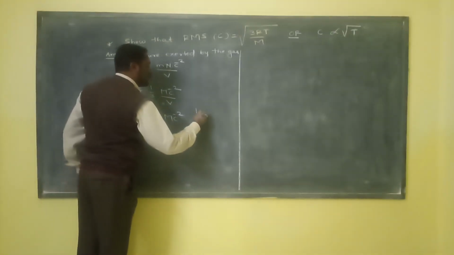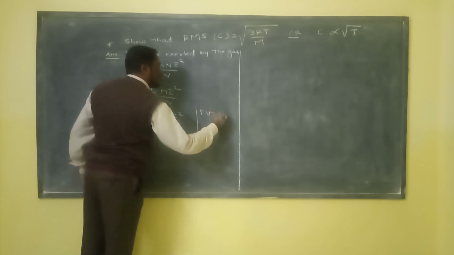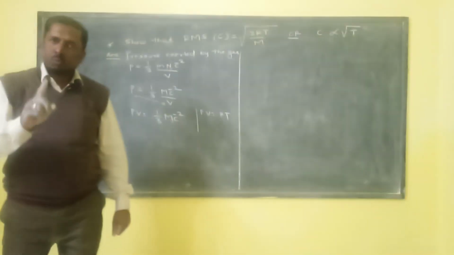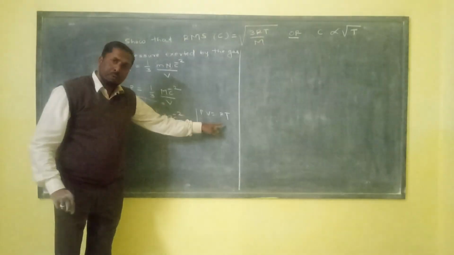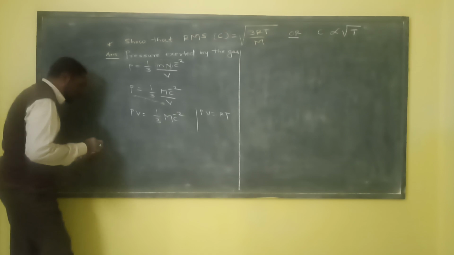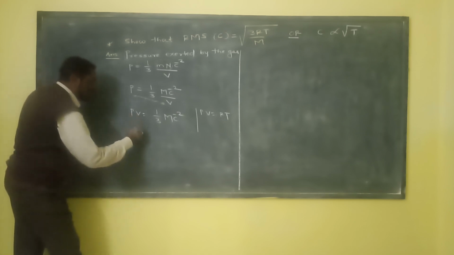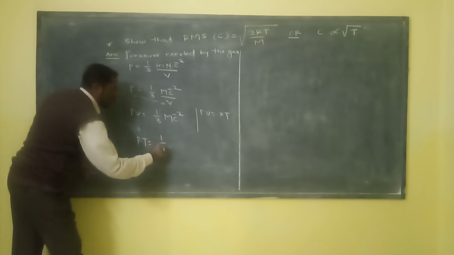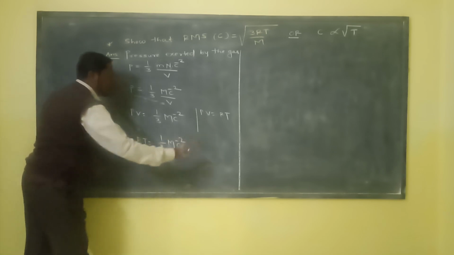And we know that PV is always equal to RT. How? For 1 mole of a gas, PV is equal to RT. And according to ideal gas, this PV can be written as RT is equal to 1 upon 3 M bar C